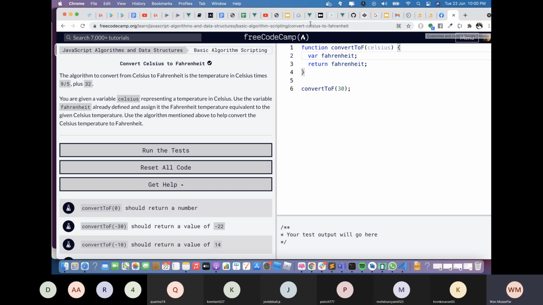Just put in the formula. Alright, the algorithm to get Fahrenheit. What is Fahrenheit? It is 9 divided by 5 times Celsius plus 32. So that's the formula. You just need to write the formula. It's as easy as that. 9 divided by 5 times Celsius,